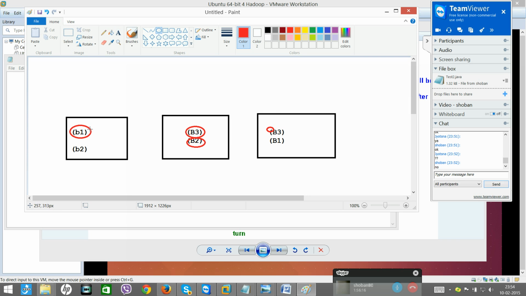This is my cluster. Block 1 is given to be processed here, block 2 to be processed here, block 3 to be processed here. This is, let's say, an idle node. Now when you write your MapReduce program,